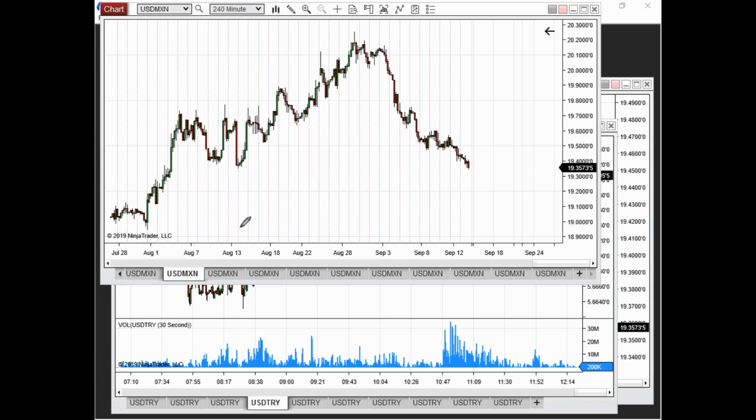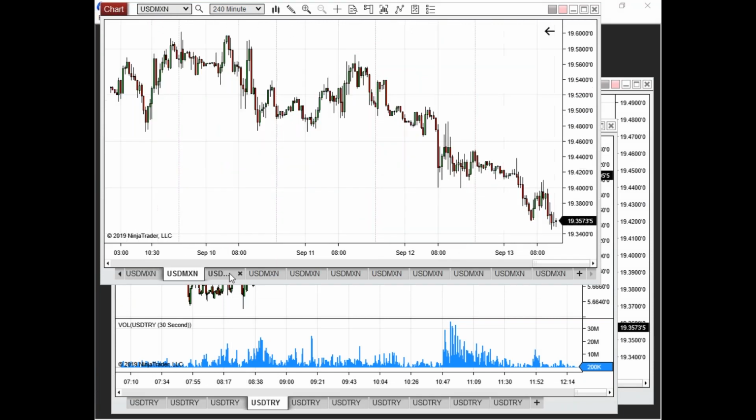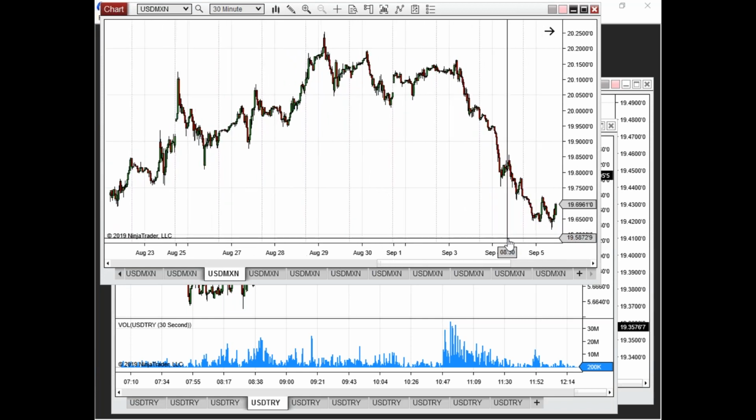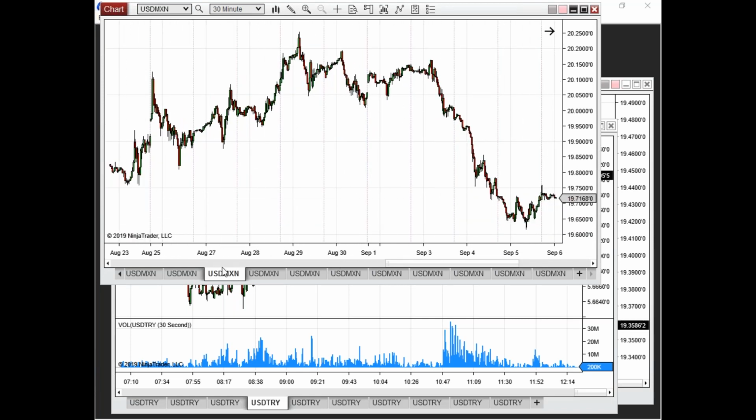So if you're wanting to look for examples to put in your notebooks, take this 240-minute chart of the dollar peso. You can even drop down to a smaller time frame here. You can see it on the 30-minute chart. This is a pretty textbook example of what they will look like. So you have that two-wave move back, and it kind of threatens like it's going to go and break up for another move higher, but instead you get the shift where the overall channel is like this, and then it